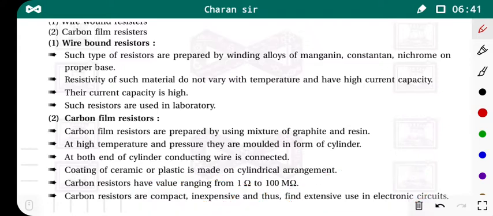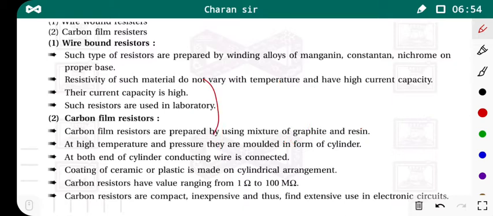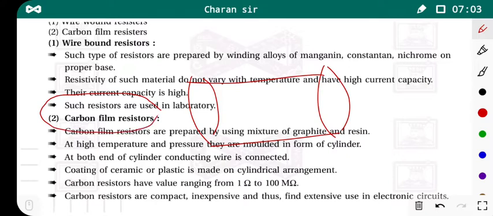Now these carbon resistors have a very compact, very small size. Their resistance values can be assigned by the numbers of the color bands on the resistor. These resistors are cylindrical in shape. The resistance value of carbon film resistors can be assigned by a color code, with color bands drawn on the resistor.